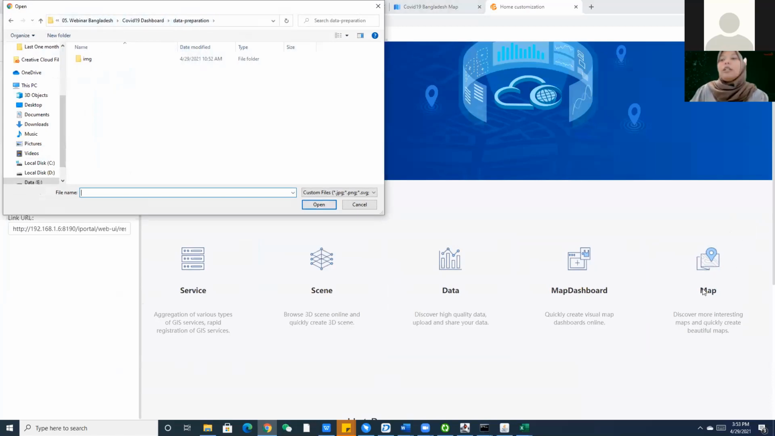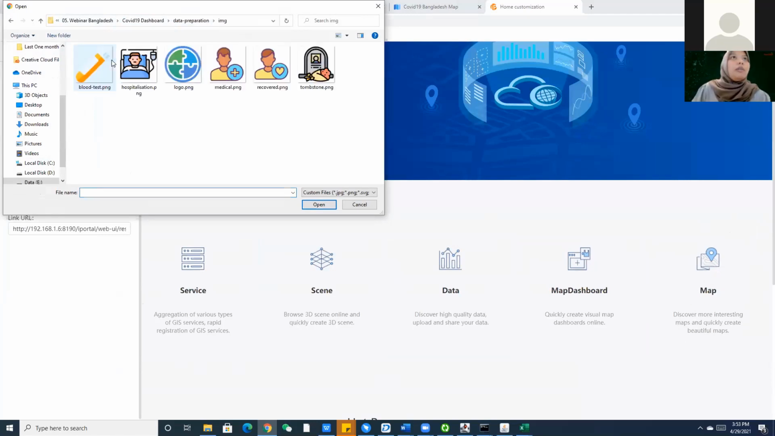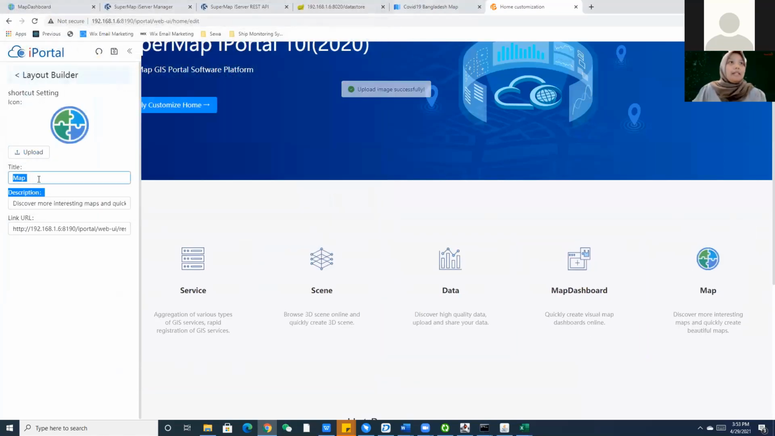For example, I will put this dashboard into the home page. So I'm going to use this logo. Okay, and this is my Bangladesh COVID-19 dashboard 2. Okay, COVID-19, like this. COVID-19 dashboard. Okay, and the description is